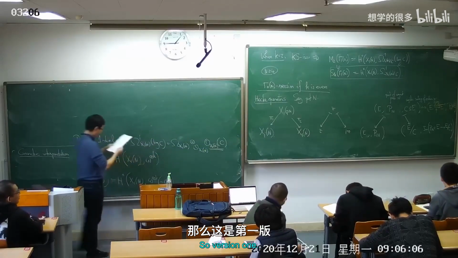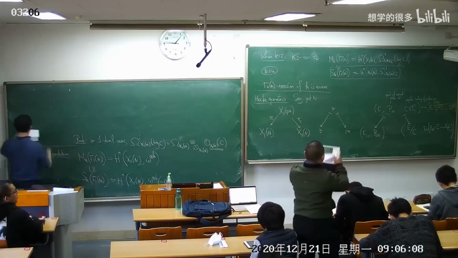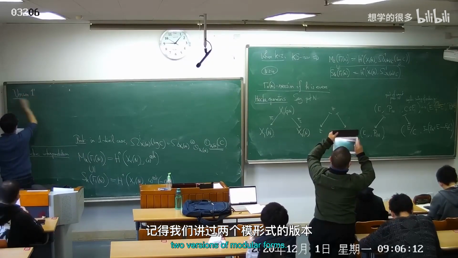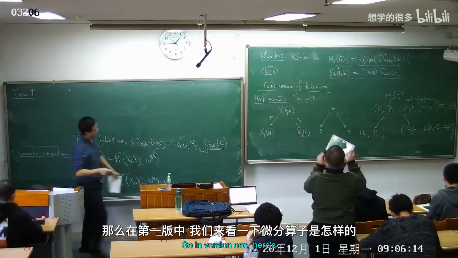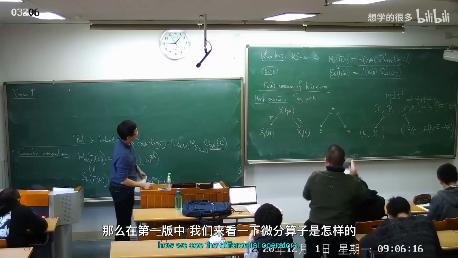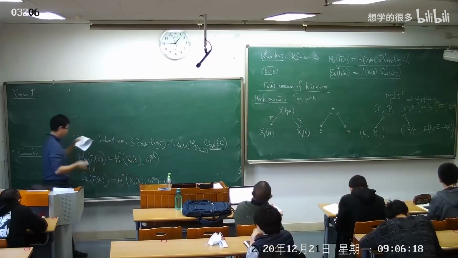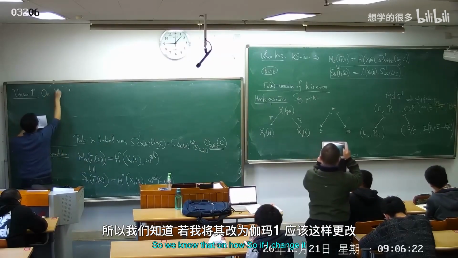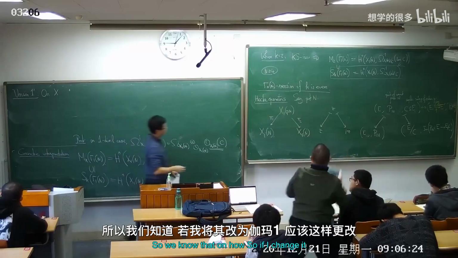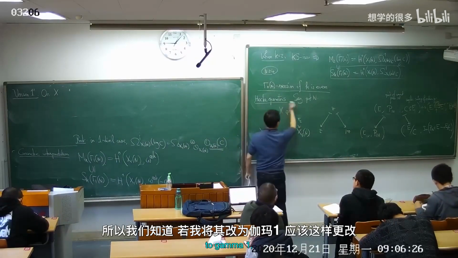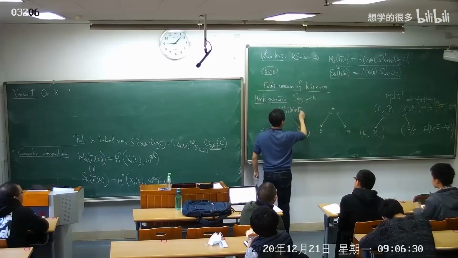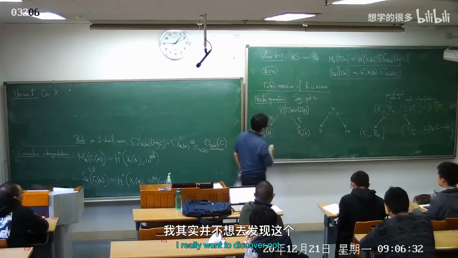So version 1. Remember that we talked about two versions of modular forms. So in version 1, here's how we see the differential operators. So we know that if I change it to gamma 1, this has to change it to this. Okay. I really want just gamma naught,